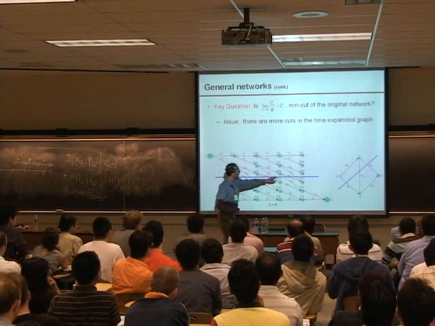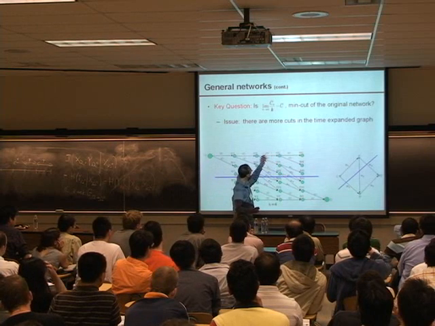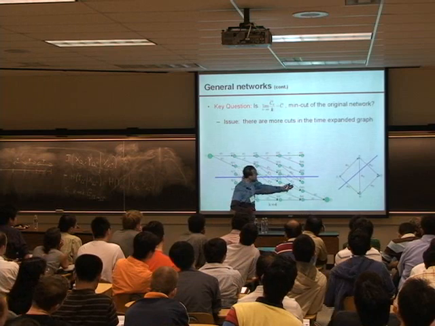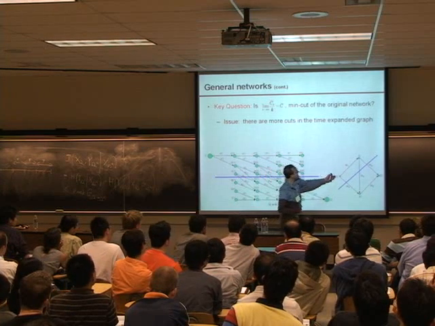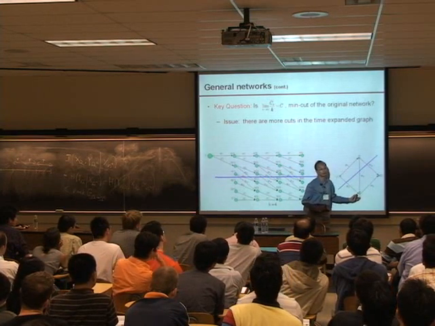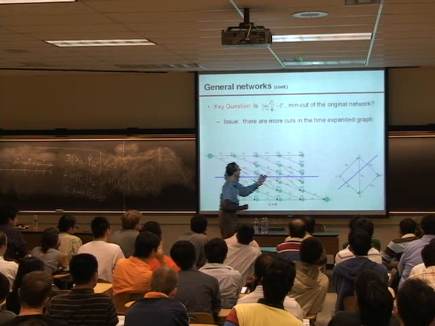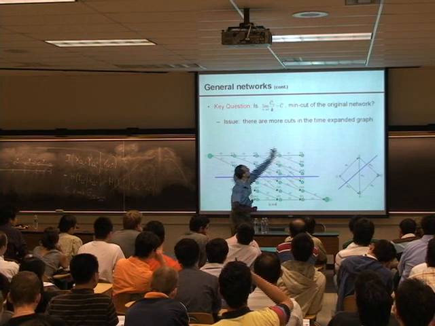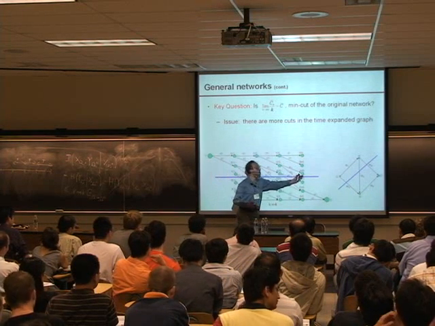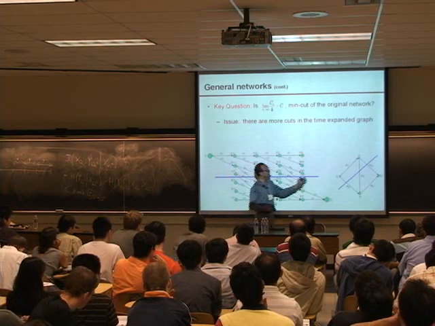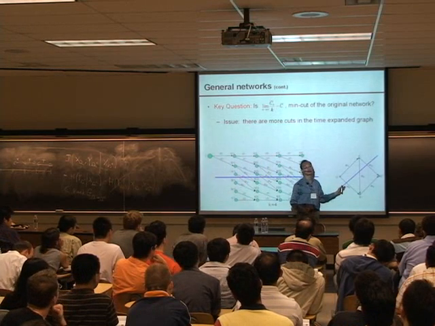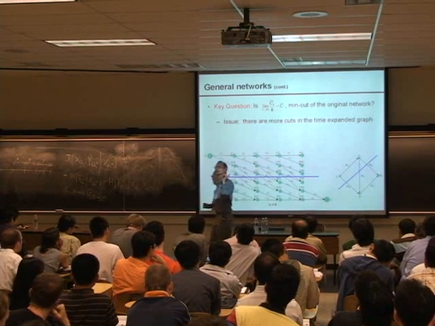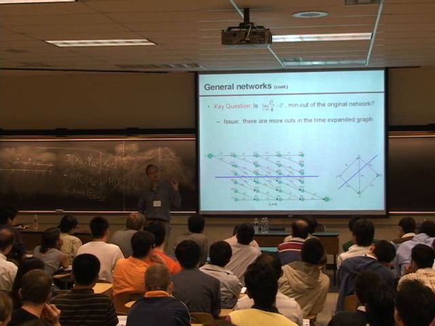This cut is partitioning at every layer between the source A and node BD, SA on one side, BD on the other side. So the flow through this cut corresponds to this one, only replicated K times. But if you normalize by K, the cut value of this precisely corresponds to the cut value of this. So what I'm trying to say is that for every cut on the right-hand graph, the original network, there's a cut